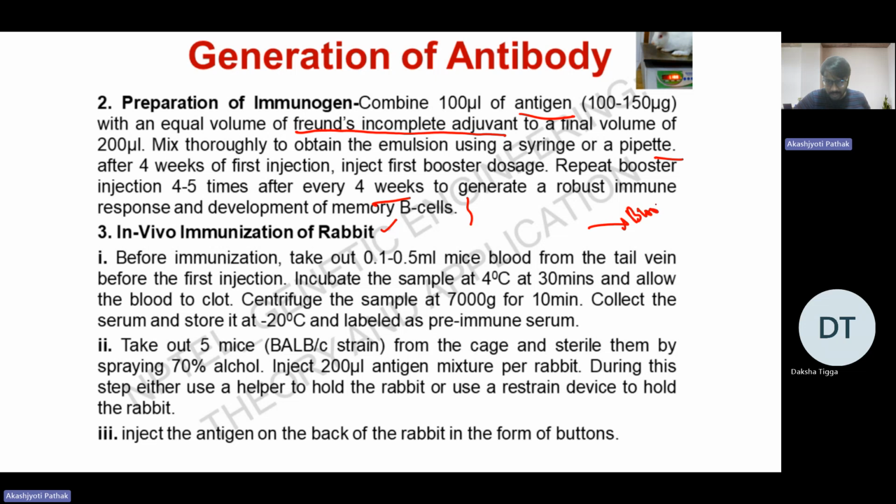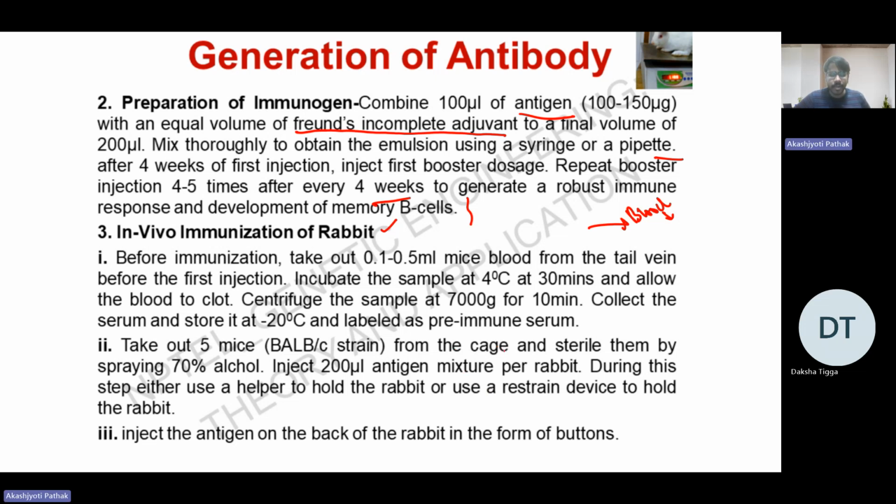Once you take out the blood, your blood has your serum and your plasma. When you keep it for some time, it will get coagulated. All these protein components that are present, the fibrinogen and the different factors, will get coagulated, and you can isolate the supernatant fraction, and your supernatant fraction will have your antibody. Then you take the mice, it can be a BALB/c strain of mice, and then you inject this immunogen